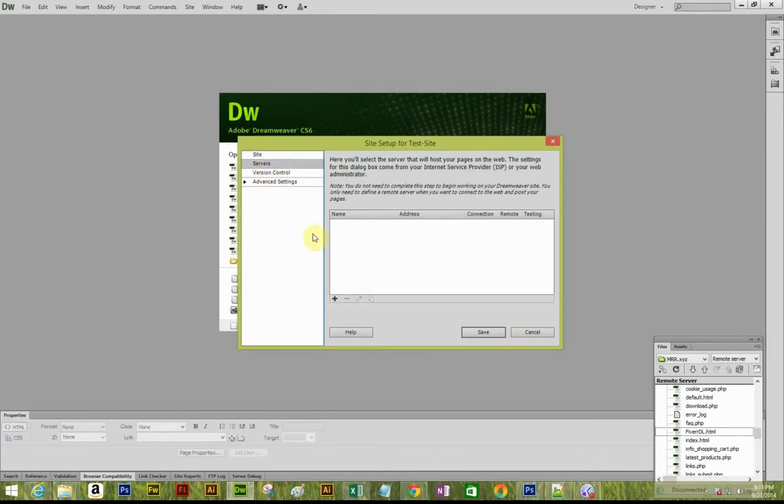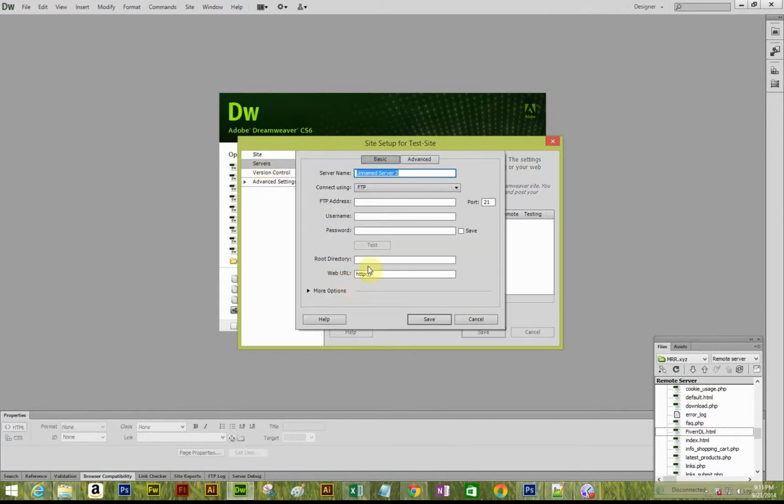Then we are going to click on servers, click the plus icon, and you're going to name your server. Name it whatever you want. It really doesn't matter. This is for your purposes. And we're going to use FTP, so just don't mess with that. The FTP address, you will find that info in your cPanel, and it's most definitely going to be the main site, your very first site, the domain that you registered your cPanel with. In this case, it is ftp.bysiteshere.com,